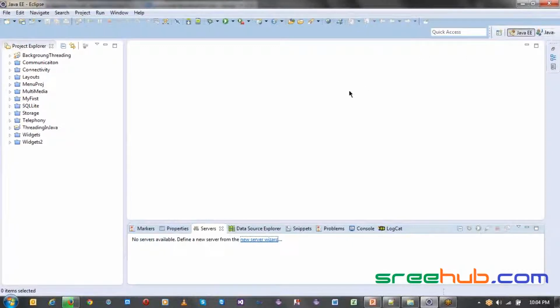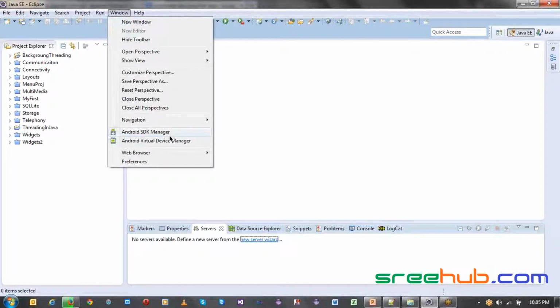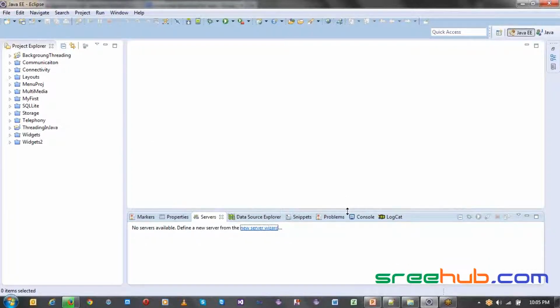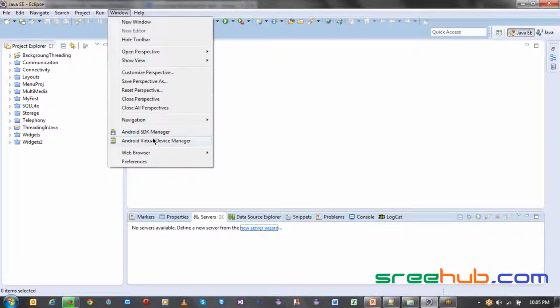In Android. Okay, so when you are opening that Java EE, you are not able to open the Android SDK manager or Android AVD also. I have that, under window. But I don't know why in my Eclipse I did not see that one. No, I didn't get your point. You mean when I change the perspective of my Eclipse from Java to Java EE, right? Yes, in Java EE, I am not able to see that AVD and Android SDK in my window. Okay, you mean these two, right?